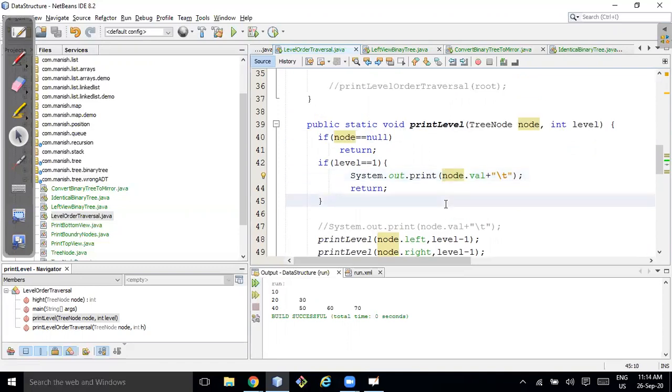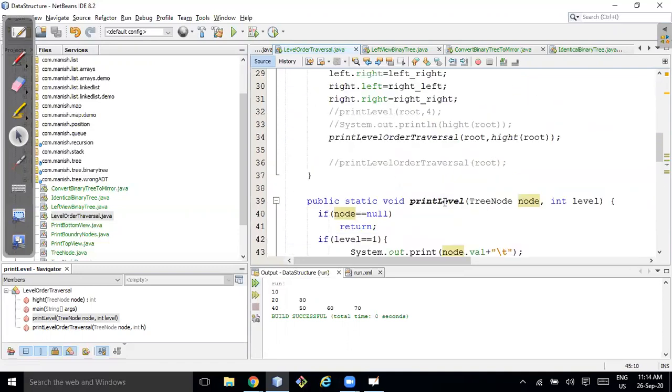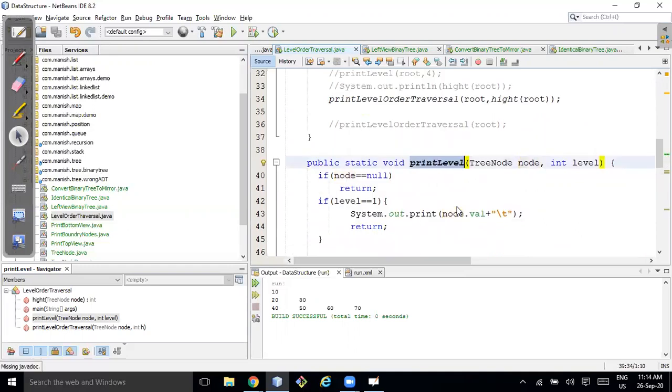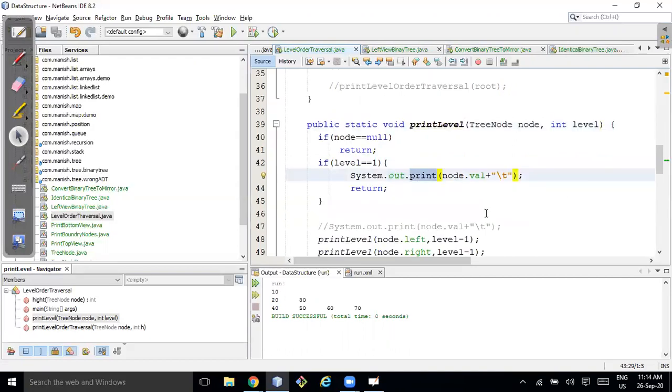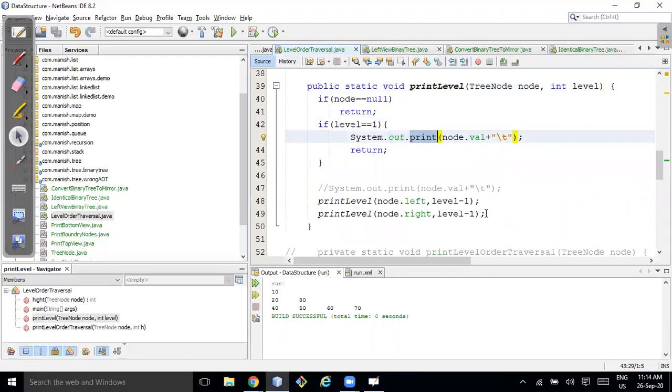Okay, how can we do that? The second question. This is the print level function. I just need to print one node and after that exit. Think about it. We're just printing the left view.